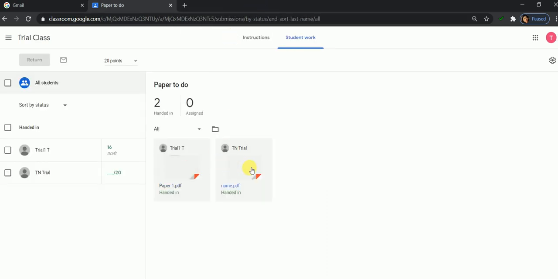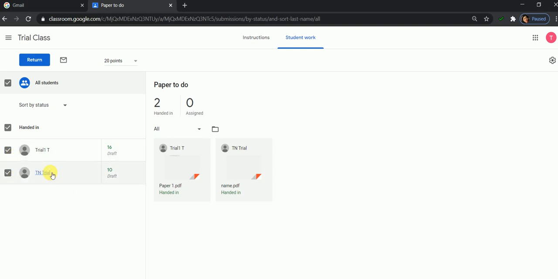After doing the correction work, whenever the complete correction is done by me, I will click on the checkbox against the name of the student, or if I want to return this paper to all the students, I can click on this. All will be selected automatically. Or I can click on this. Even all the check boxes will be selected in this manner also. So there are 3 ways.